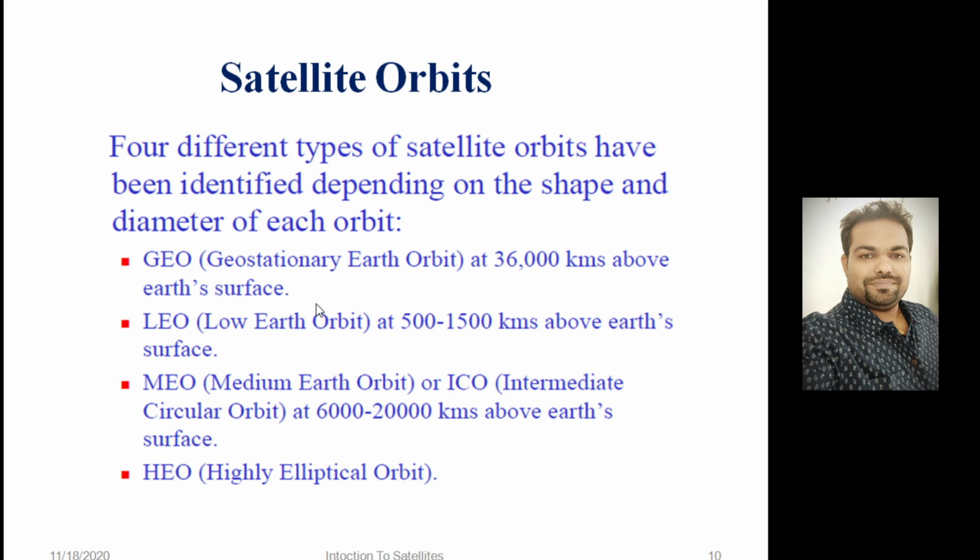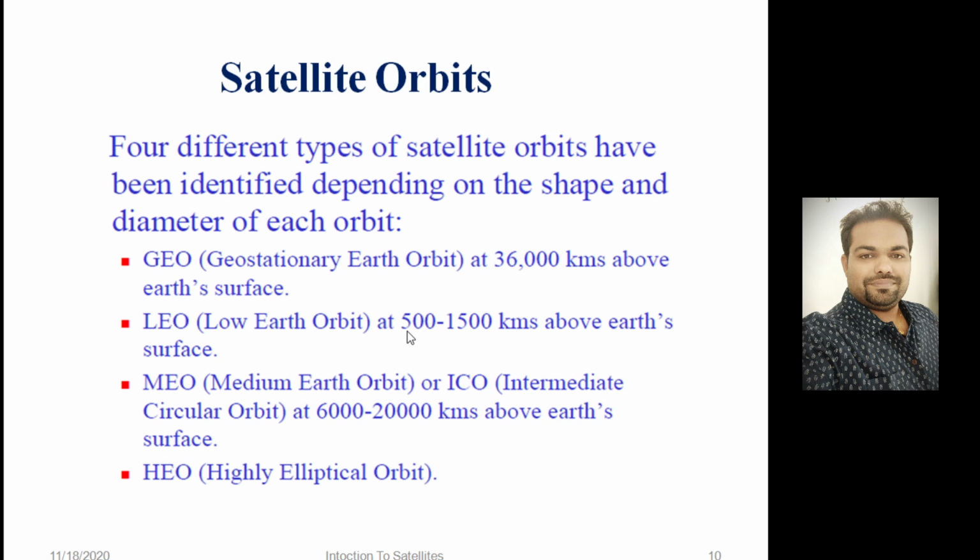So if we look broadly at satellite orbits, four different types of satellite orbits have been identified depending on the shape and diameter of each orbit. The most favorable is GEO, called geostationary Earth orbit, which lies at a height of 36,000 kilometers above the Earth's surface, and this is the most stable